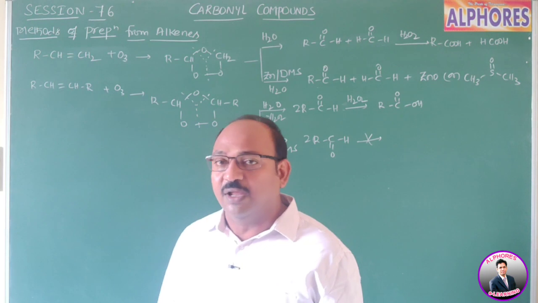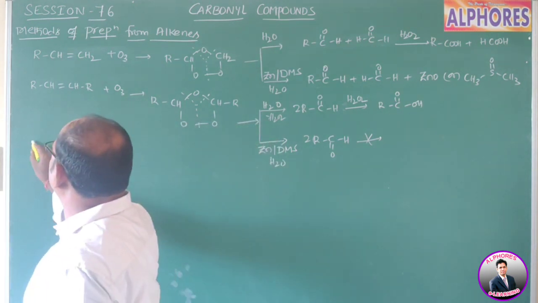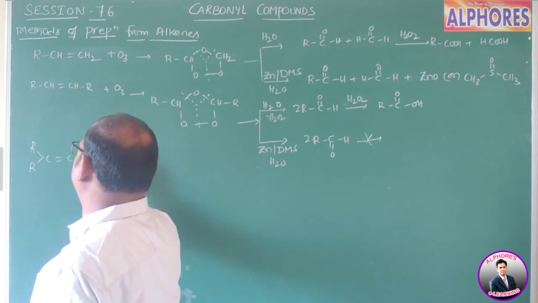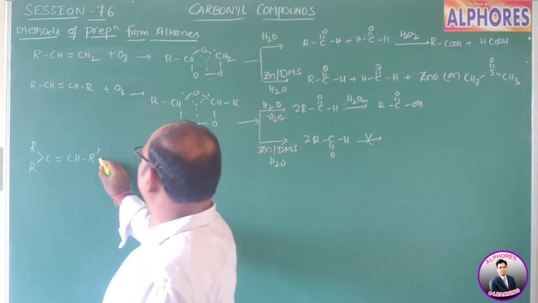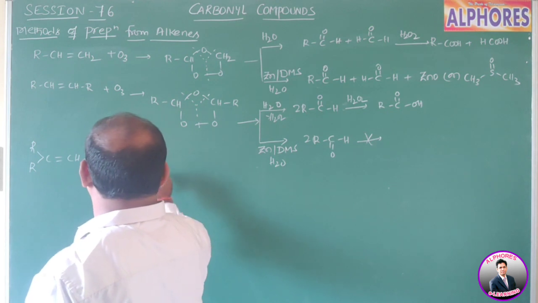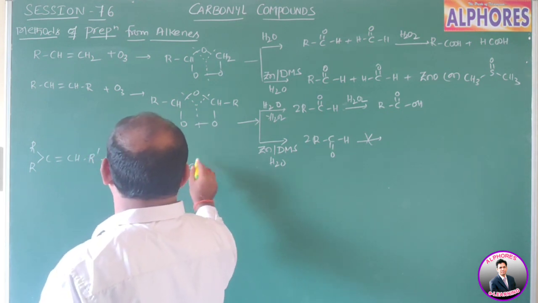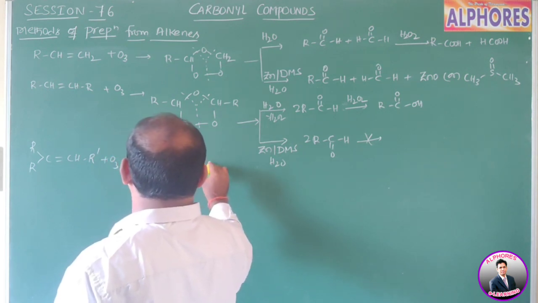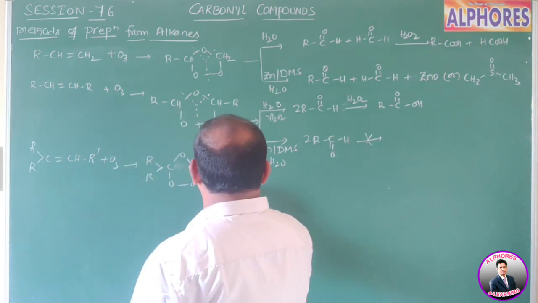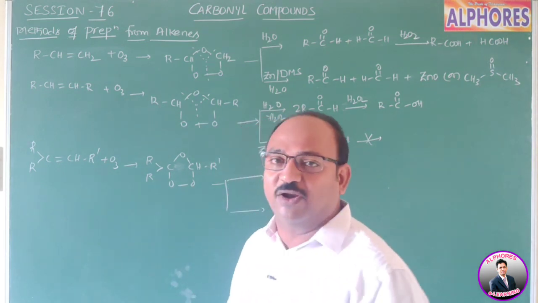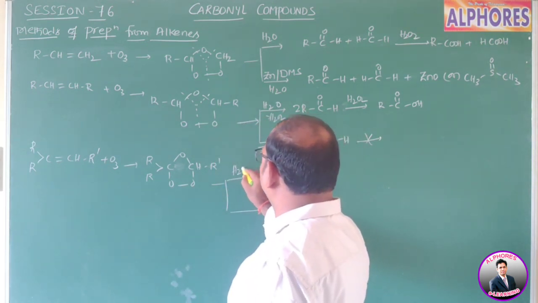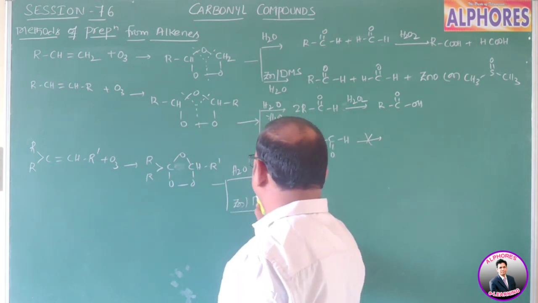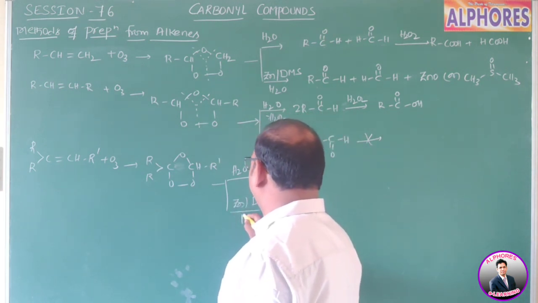Now, I am going to consider one end attached to two alkyl groups and the other end attached to one alkyl group, say R dash. This one upon ozonolysis gives RRCH, and here we are getting the ozonide like this, CHR dash. This one undergoes hydrolysis. Again, water only, without using any reducing agent, and here I am using zinc or dimethyl sulfide and water.